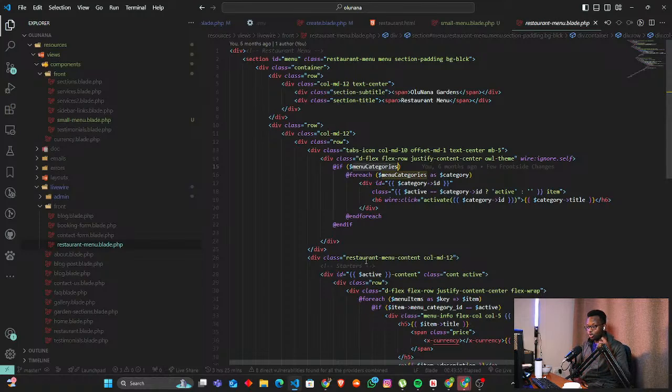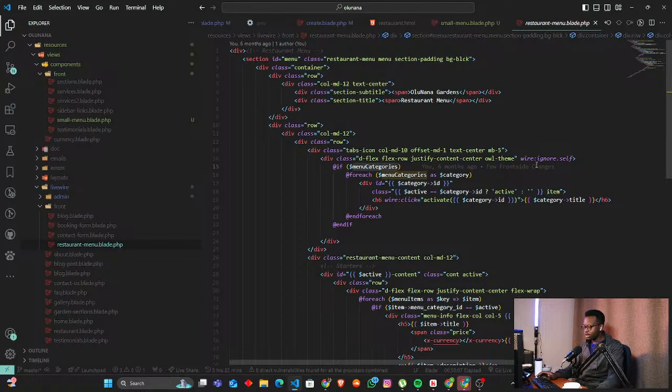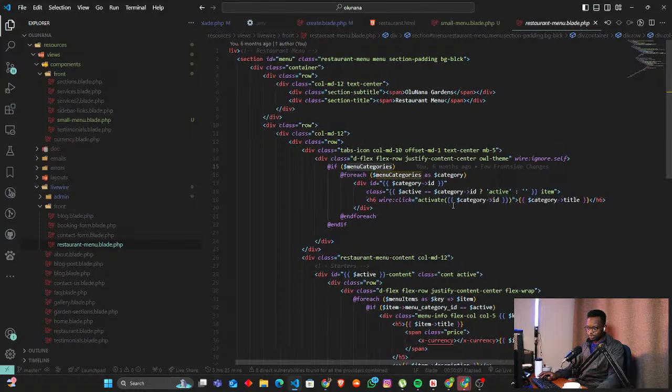If we have any menu categories, then you have to list the categories down in this format right here. And for every single menu category, we're going to list them down inside this kind of format, where if the item is the active one,